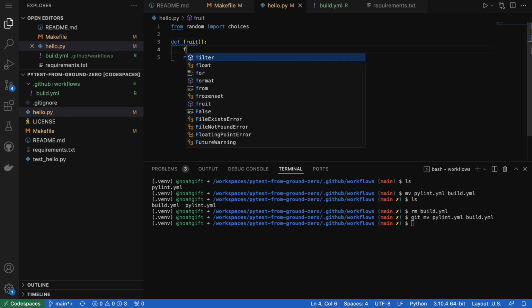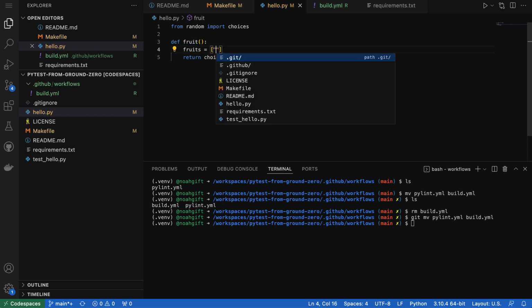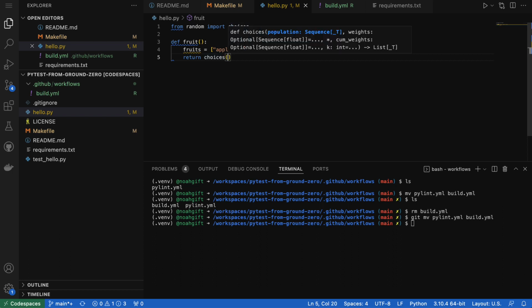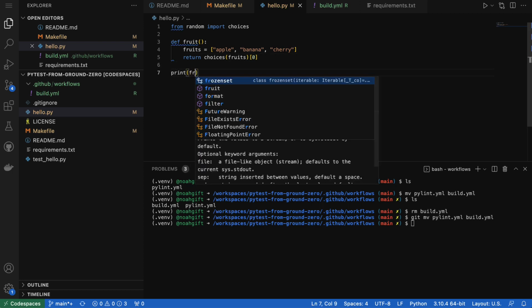We'll call this fruits. Let's just make a simple thing here: apple, banana, and cherry. There we go. We'll return one of those choices of fruits like that. And if I say print fruits, this should